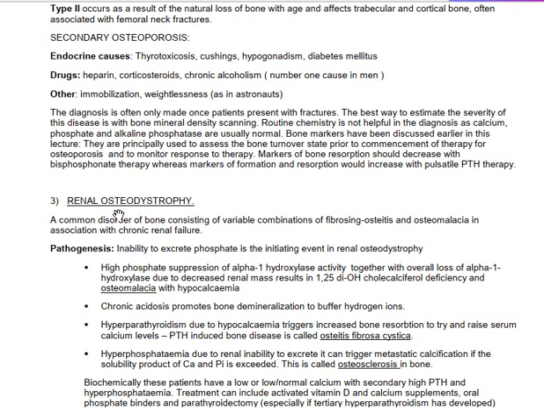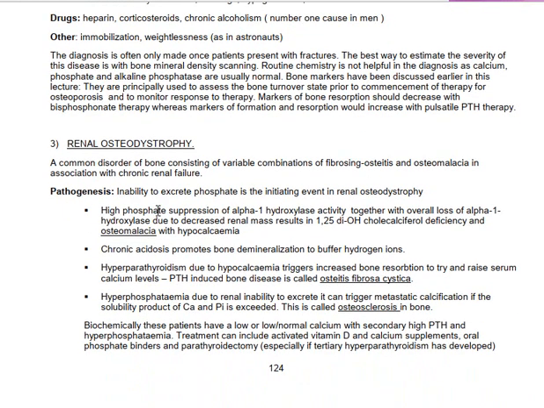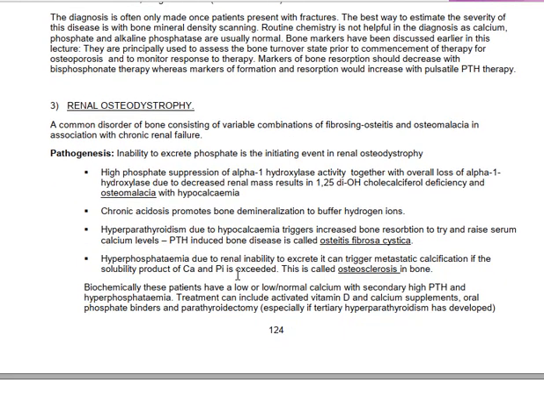Now, the next disorder that we're going to speak about is renal osteodystrophy. It's a common disorder of bone consisting of a variable condition of fibrosing osteitis and osteomyelitis associated with chronic renal failure. What happens here is that you have a patient with renal failure for a long period of time. Renal failure is associated with loss of endocrine function, so the patient is going to have hypocalcemia and